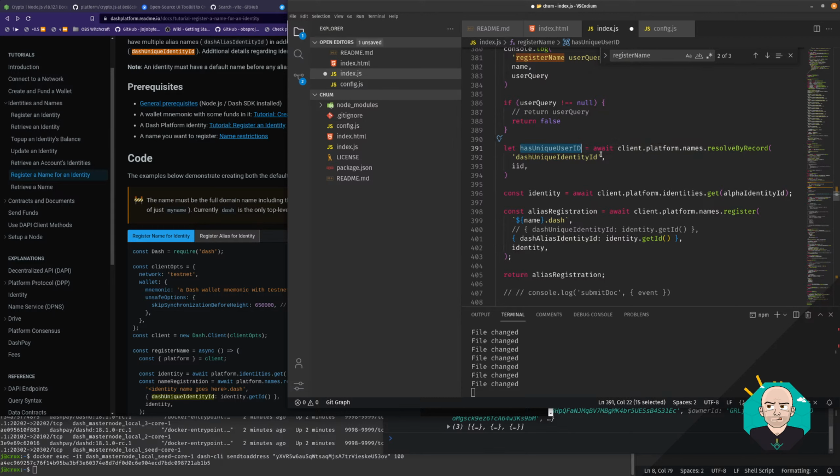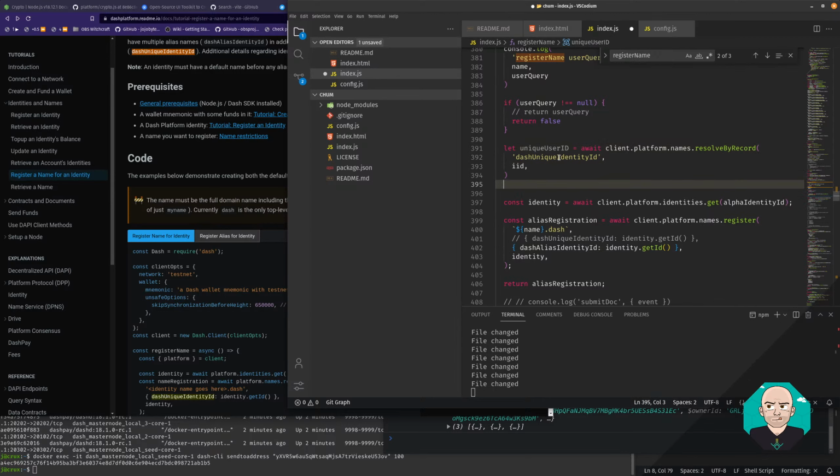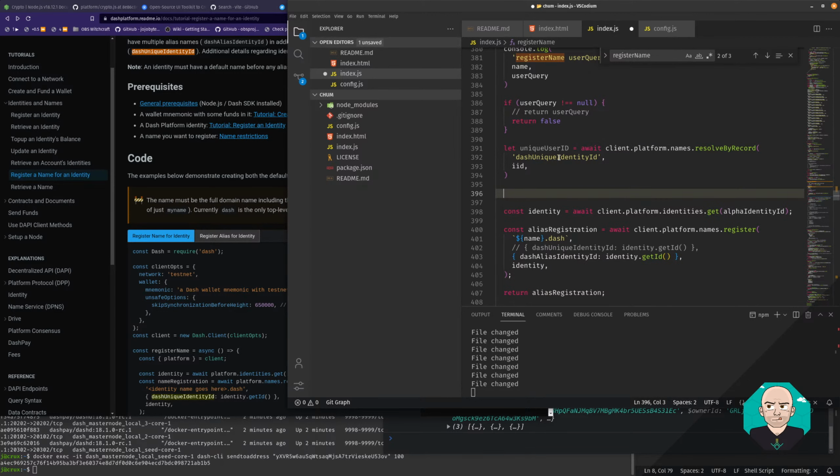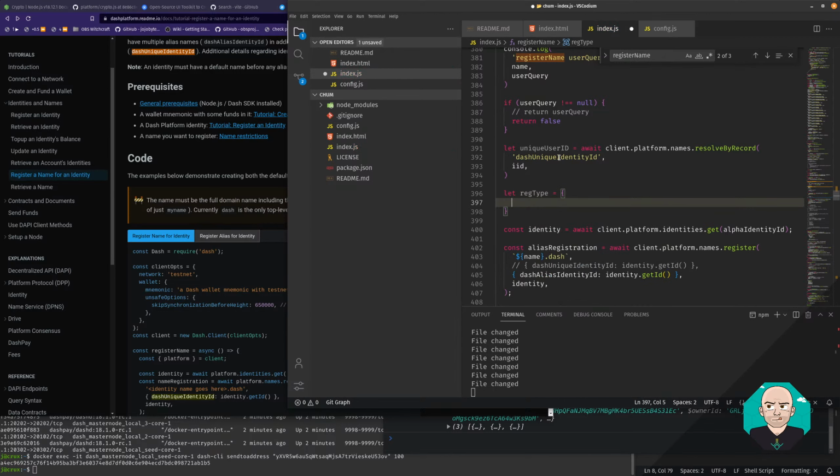Has unique user ID. No, I'm gonna actually, so this is gonna be unique user ID. Then we're gonna do let reg type equal that, and we do that